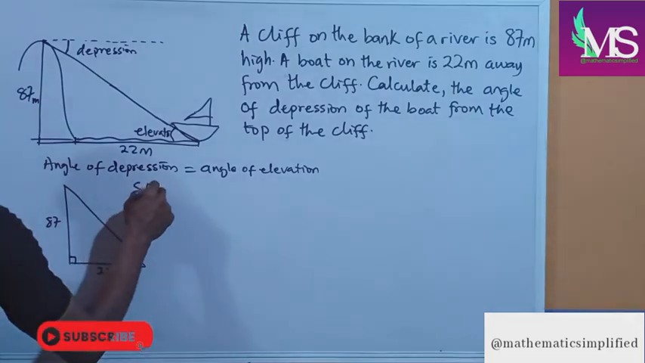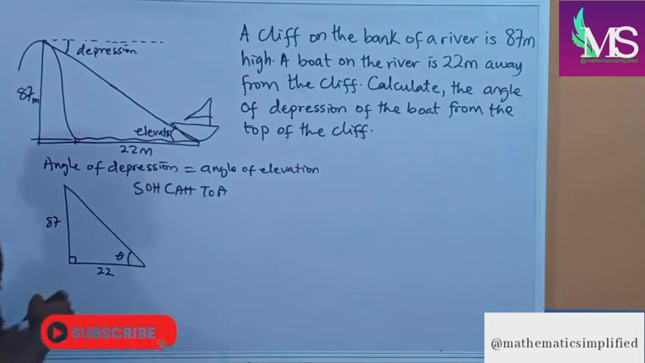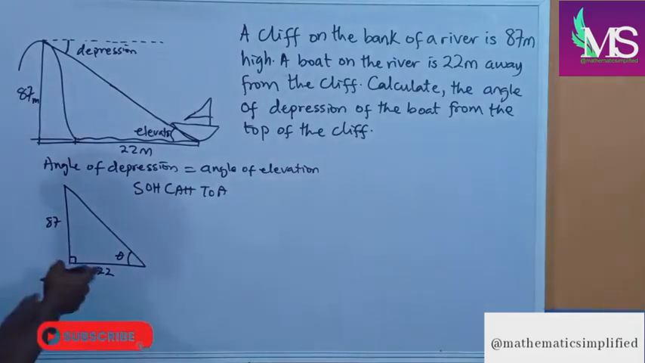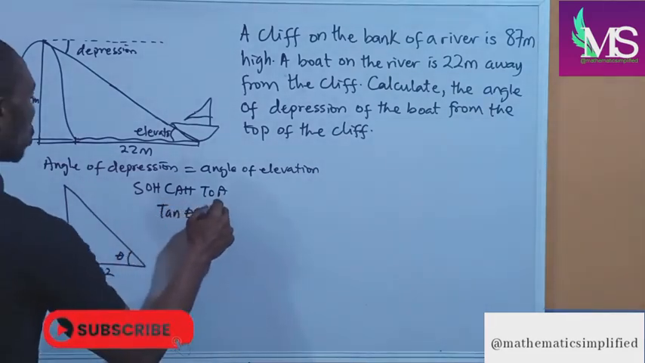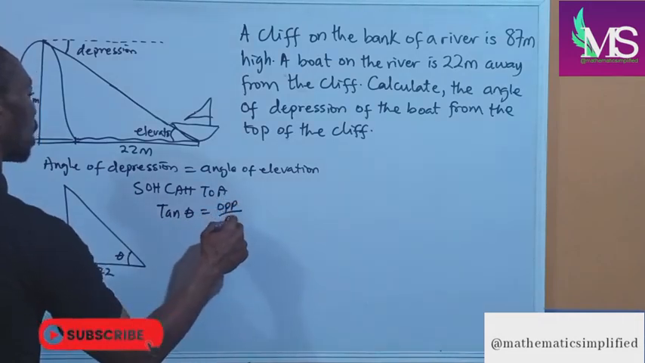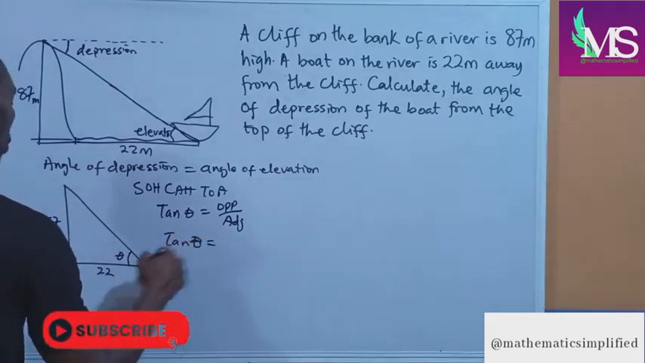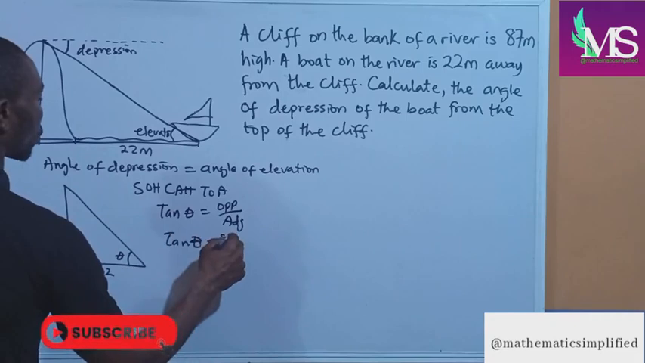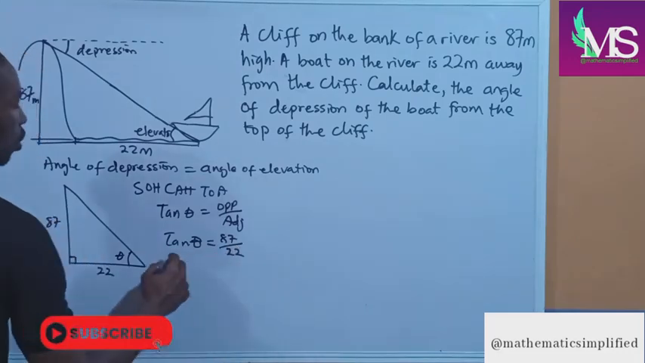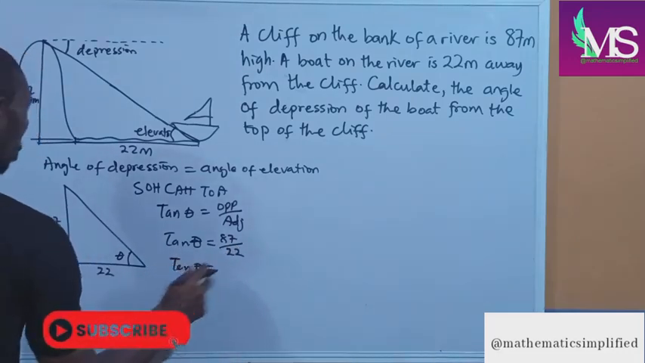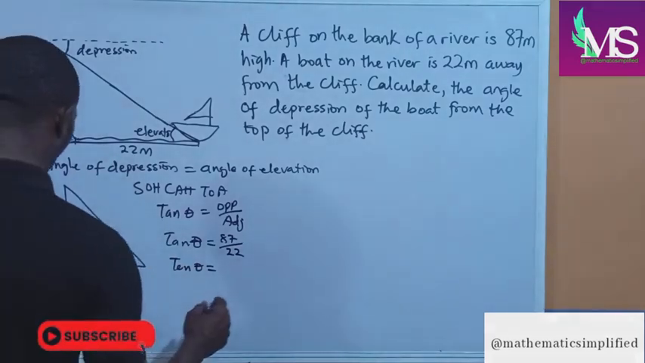we apply SOHCAHTOA. In this case, we have opposite and adjacent, so we are using tan theta equals opposite over adjacent. Our tan theta would be opposite, which is 87, over adjacent, which is 22. So our tan theta becomes 87 divided by 22, which will give us